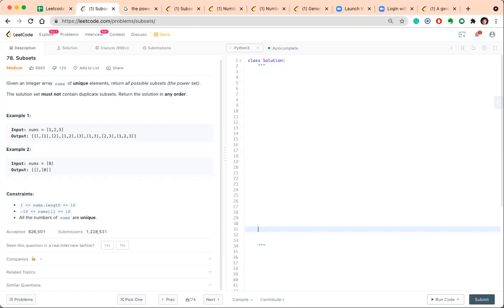I think it will be based on whether to consider an element of an array or not. So basically, we have to see if we have 1, 2, and 3. If we are at 1 right now, we need to decide whether we have to consider or include 1 and go ahead, or leave it there and move it. So there will be 2 choices for 1, 2, and 3 similarly. Can you suggest how we can form the recursion tree?